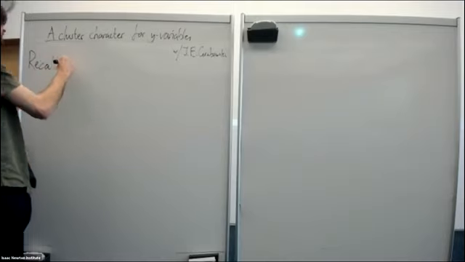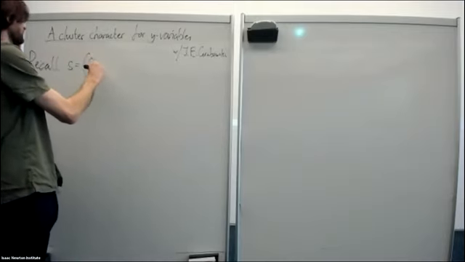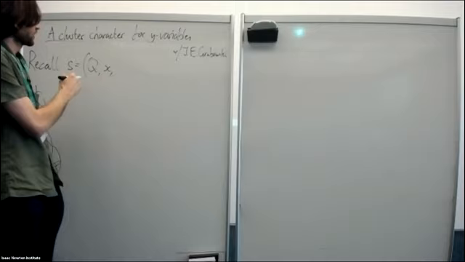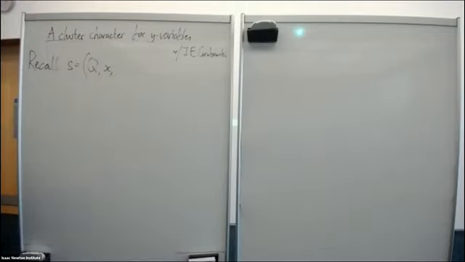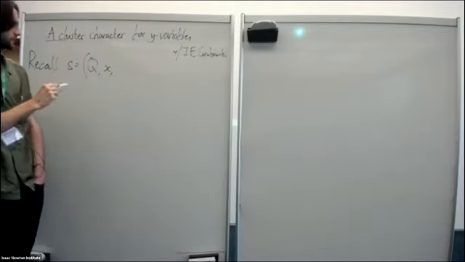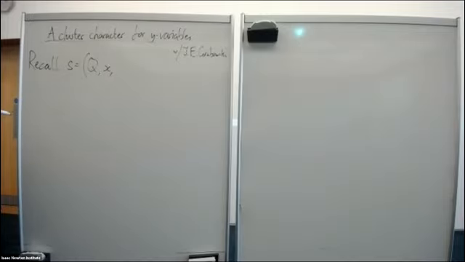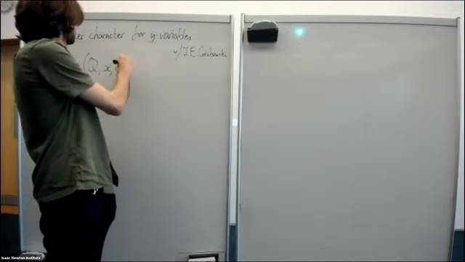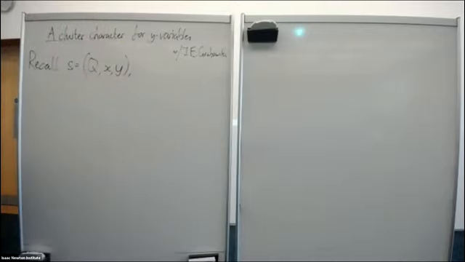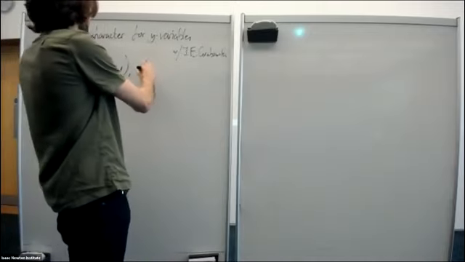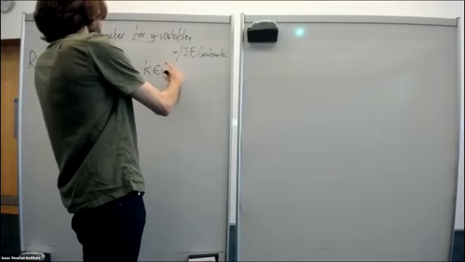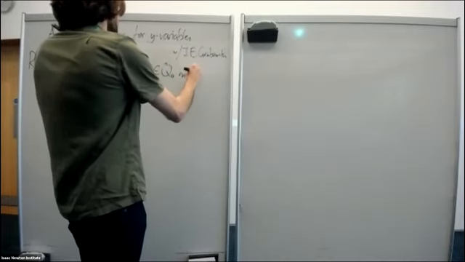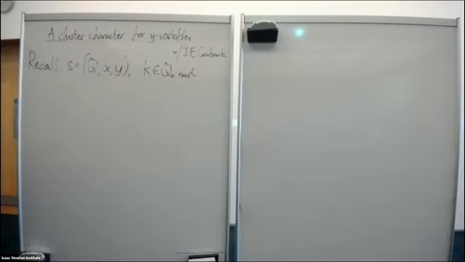So I'm going to start by recalling, which we've already seen today, a seed, which for me will consist of a quiver Q, so I'm just doing skew symmetric things, a set X of X variables, but then also a set Y of Y variables using Fomin-Zelevinsky notation. And if I choose additionally a vertex K of the quiver Q, which would be mutable, so implicitly the quiver now has frozen vertices which I should not choose,